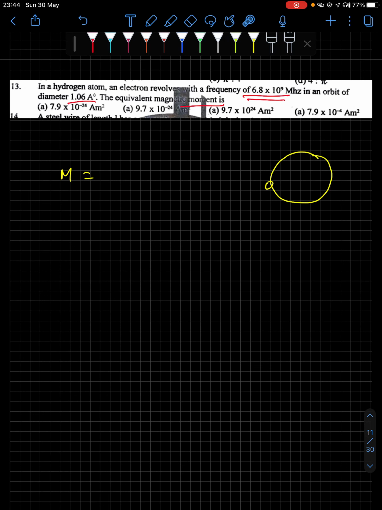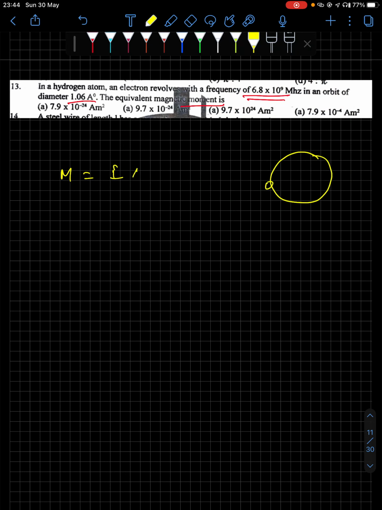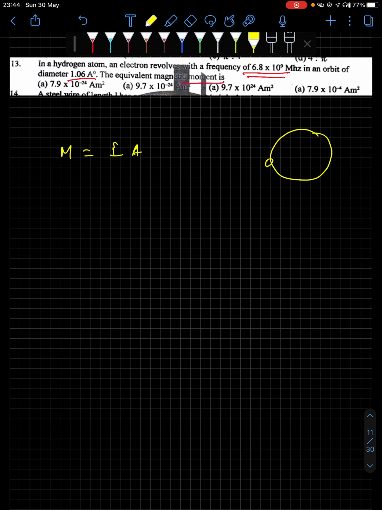So this constitutes a dipole, and therefore it will also have a magnetic dipole moment. Clear? So in this case, the relation will be I into A. Current is charge by time, the charge is electron here, so e by T you'll write down, and area, since diameter is given, we'll be writing down pi d square by 4. I hope all of you know this relation.